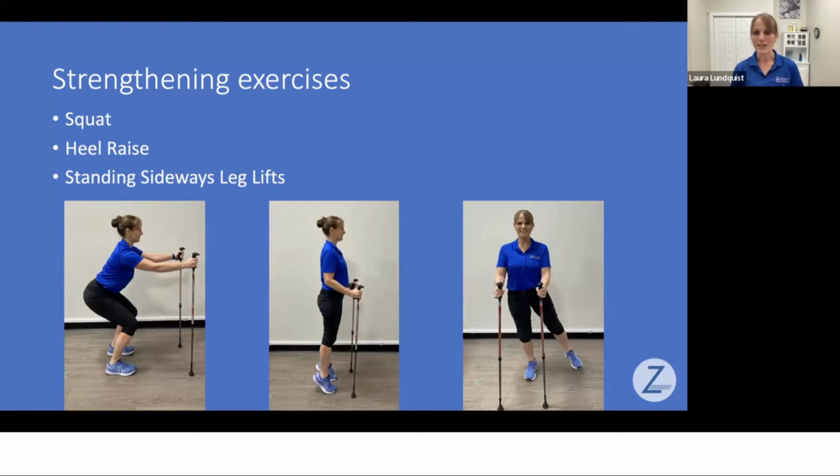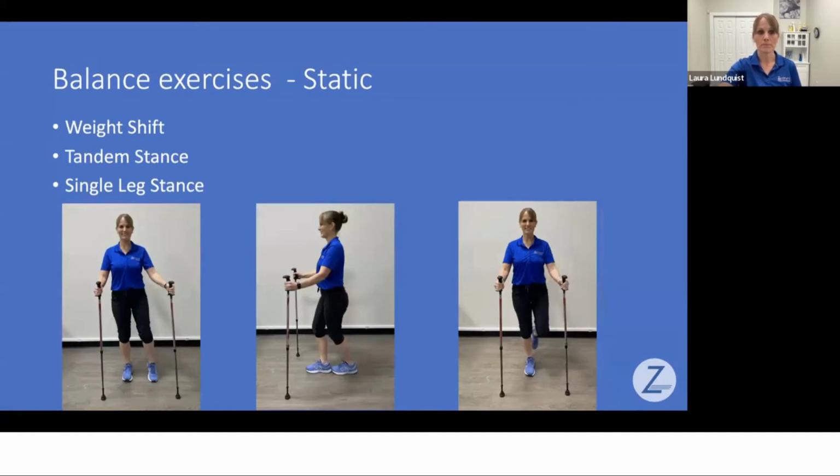And then standing sideways leg lifts. So as a physio, I'm a big fan of lateral hip strength, or the outside of your hip muscles. And so doing these small side leg lifts to the side, focusing on keeping good body position, but also getting good leg elevation, is a great way to build that glute strength, which again, we know is a really key muscle in terms of controlling how the lower body is moving, which is helpful for stability and falls prevention. Of course, there are many strengthening exercises that you could incorporate these into. These are three just good ones, particularly thinking about the lower body when we talk about falls prevention.